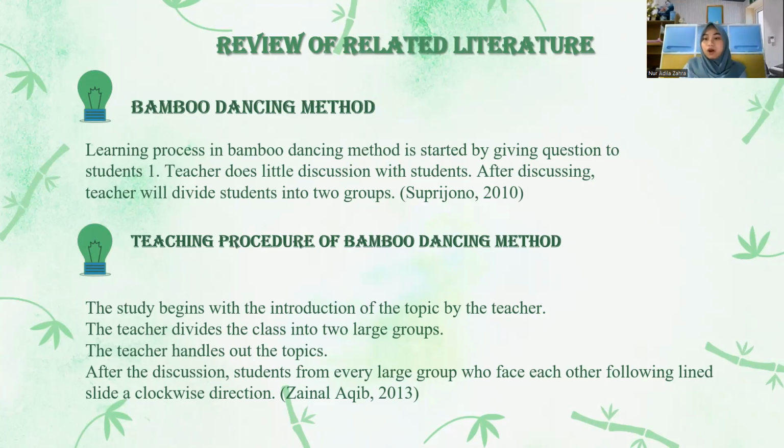So then the members of each group have to stay face to face. The students must create a short conversation, of course. Next, 20 students have to stand face to face. It's like 10 students will stand in front of 10 students. So they must make a line so they can be a couple in a conversation. And then when they finish the conversation, of course, they will move their position, following the strike, so they find other couples. Finally, they get the result from their discussion, and then they present in front of the class.